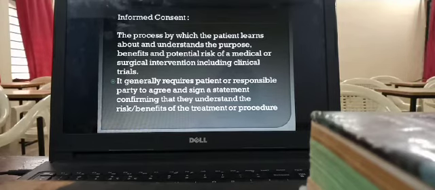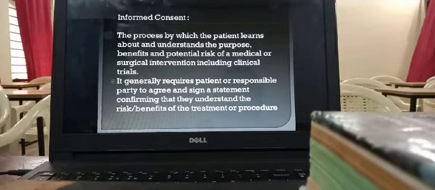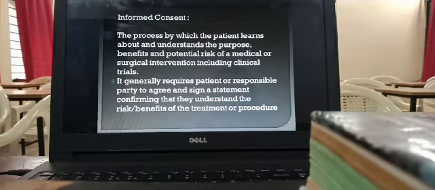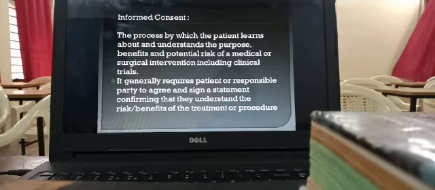Even if we are performing research, the research scholar must inform the patient of the purpose of the research, why they are doing it, and what will benefit from the research that is made on the patient. Everything has to be clearly informed to the patient in the patient's own language, not just English. Informed consent is nothing but the patient having to understand, so we have to explain it in their own language and make them understand the purpose of the treatment.